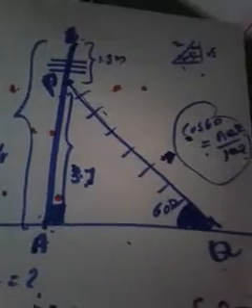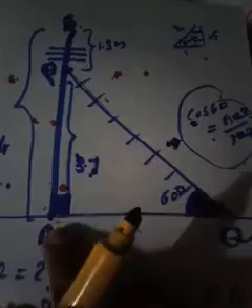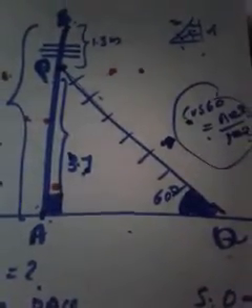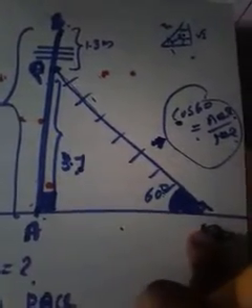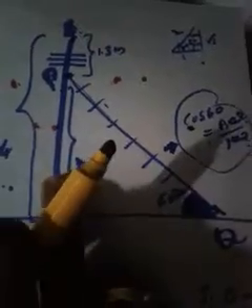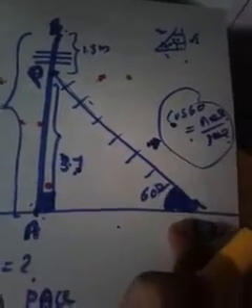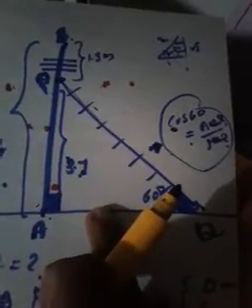So we got the length of the ladder. Now it is time to calculate the distance between the foot of the tower and the ladder. How can we calculate it? That means we need to calculate AQ. According to 60 degrees, AQ is the adjacent side and the given height is the opposite side. Which ratio connects opposite and adjacent? Tan. So tan 60 is nothing but opposite by adjacent.